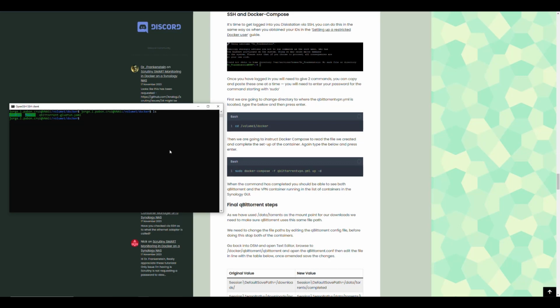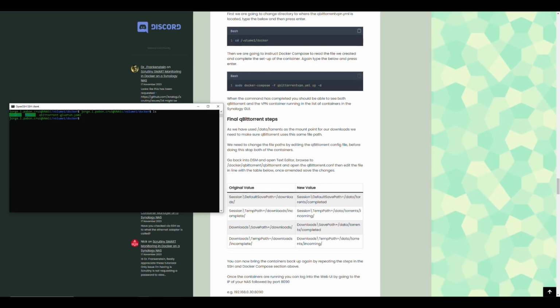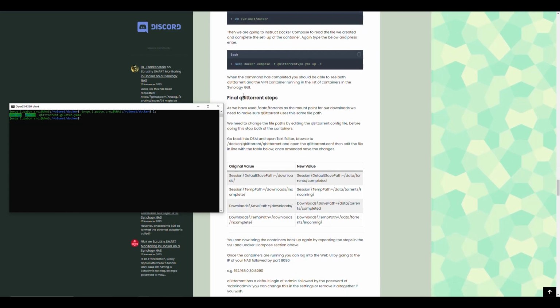So the first thing that we're going to do here is we've already cd'd into that location. So now we're just going to run that command that says sudo, so do as a super user, docker compose file, that's the -f, and then we specified the name of that file that we created, and then we say up because we want to get that infrastructure up and working, and then D to run as daemon. And then we run this, prompt for our password,